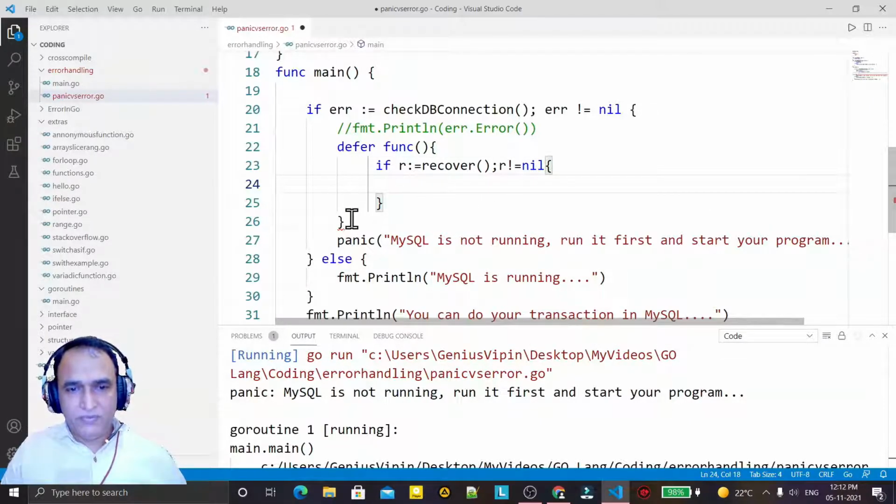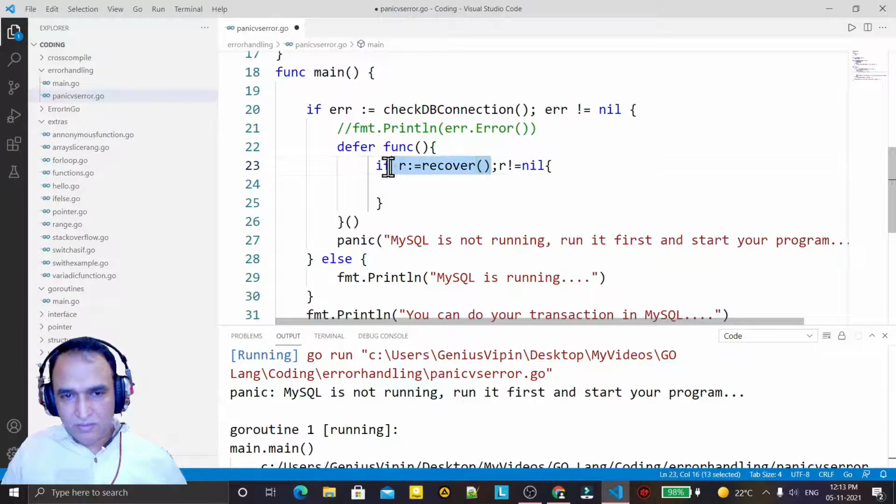We have to execute this line of code as well. Now I am checking if r from recover is not nil, which means that some panic statement was executed.